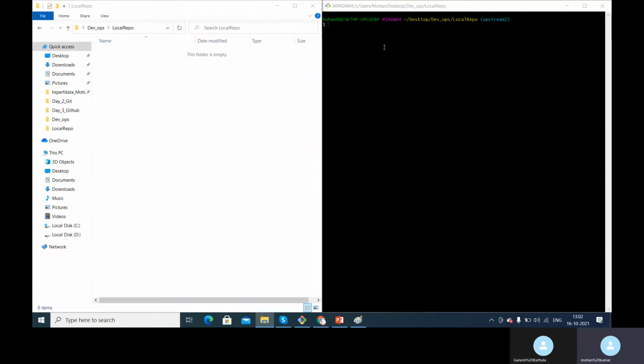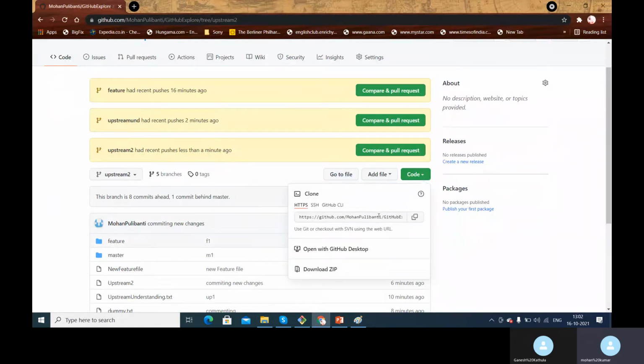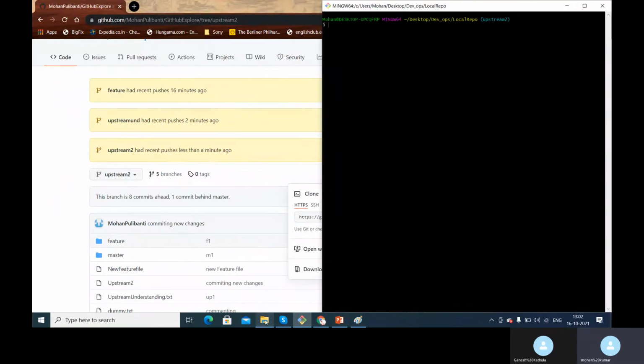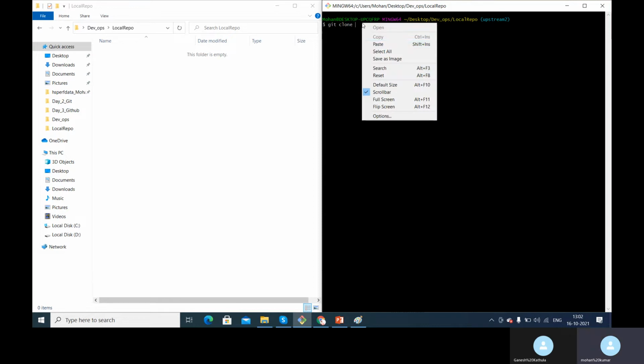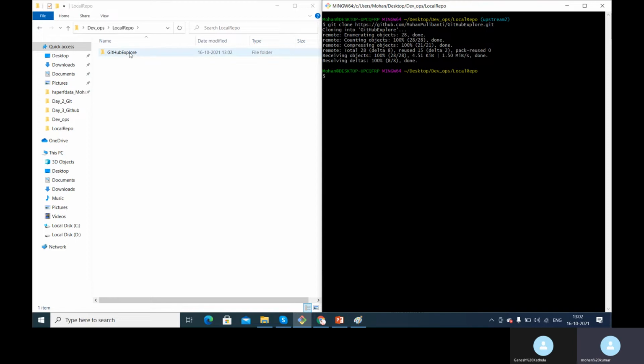So this is empty now. I want to clone this project from this particular repo URL. To get that, we will get the URL from here. I copied this URL, and if I go back to my local repository, git bash, the command to clone this project into our local is git clone, then paste with Control V. When I paste this and give the clone, all the details got cloned into our repository.